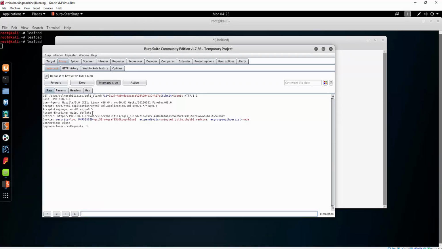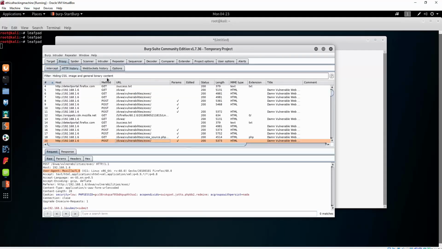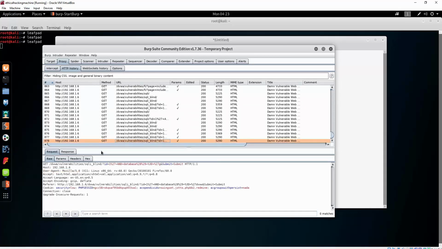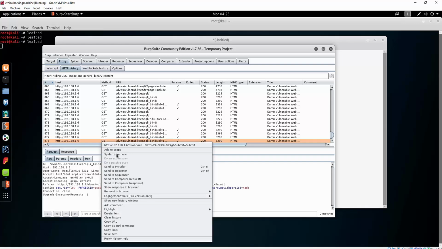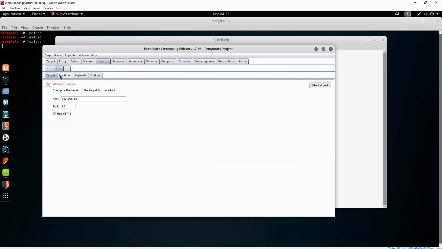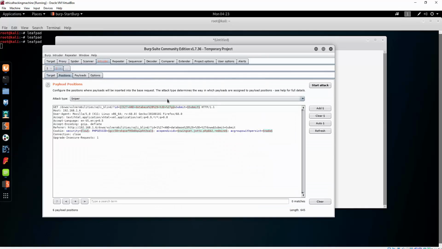And what you want to do is basically, as we can see, this is encoded and our letter is G. Here you would send this. Let us just go and find that packet. Here it is. What you would do is send this packet to the intruder, and then from here you would select only the first letter, and you would compare the result by the difference in the